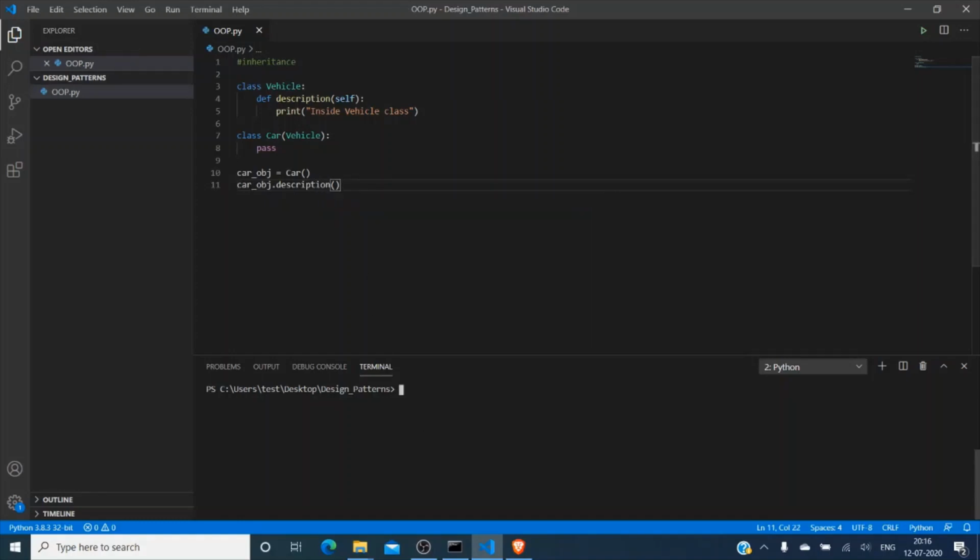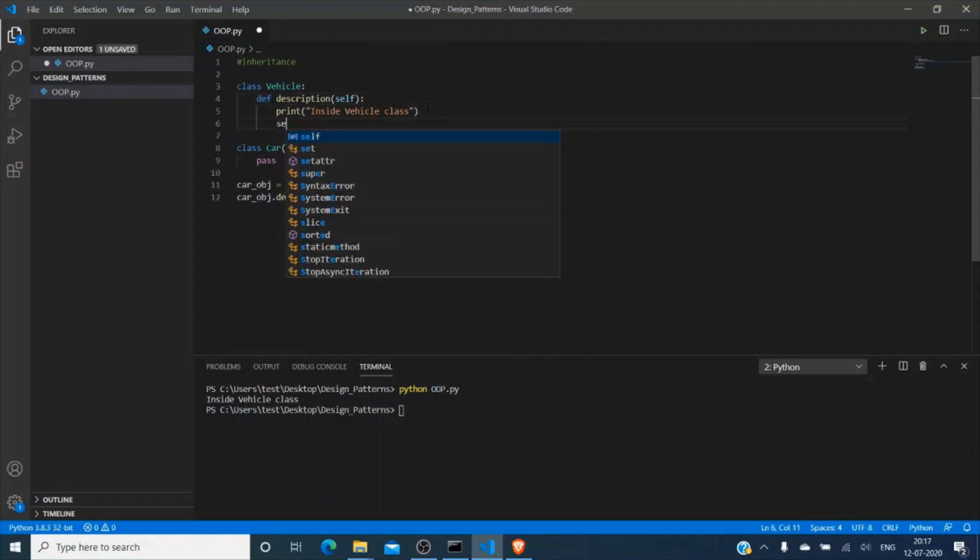If I run this, it should print "inside vehicle class". It is printing, which means the child object is able to access this, because whenever we inherit, whatever methods or variables are declared within vehicle can be accessed.